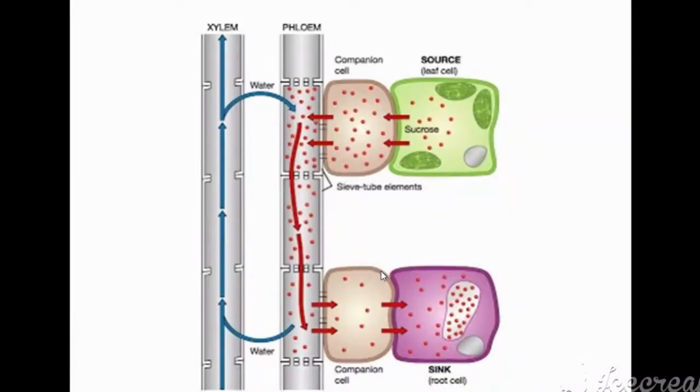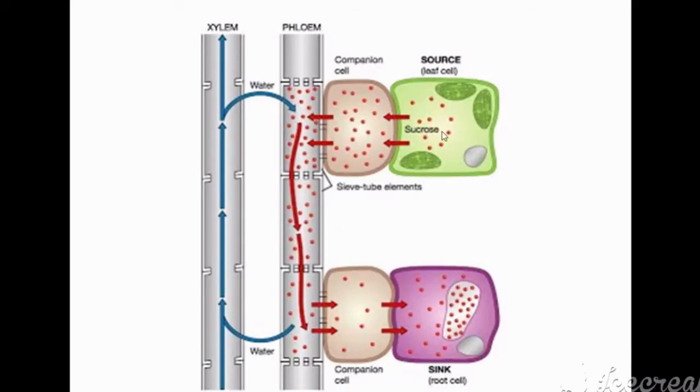In the picture of translocation, observe here carefully. This is a leaf cell, guys. In a leaf cell, you see sucrose is manufactured or synthesized, and this leaf cell is associated with a companion cell of phloem. The whole thing is a phloem. These elongated tubes are called sieve cells, and the cells which are attached to the sieve cells are called companion cells. So these are the two components of phloem.